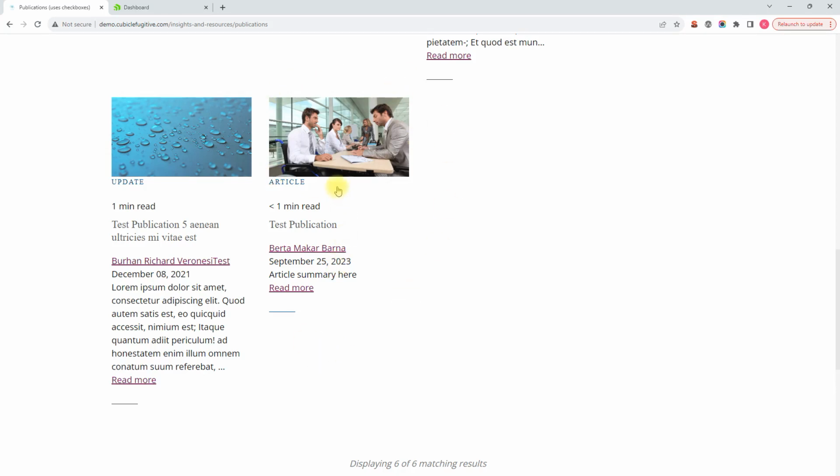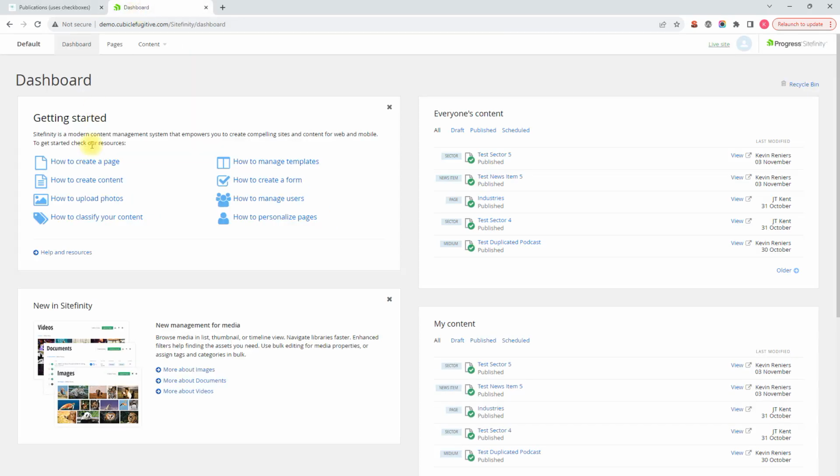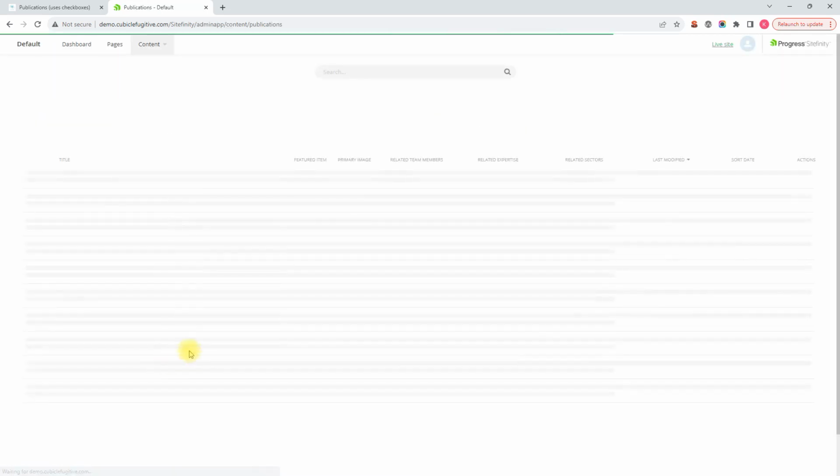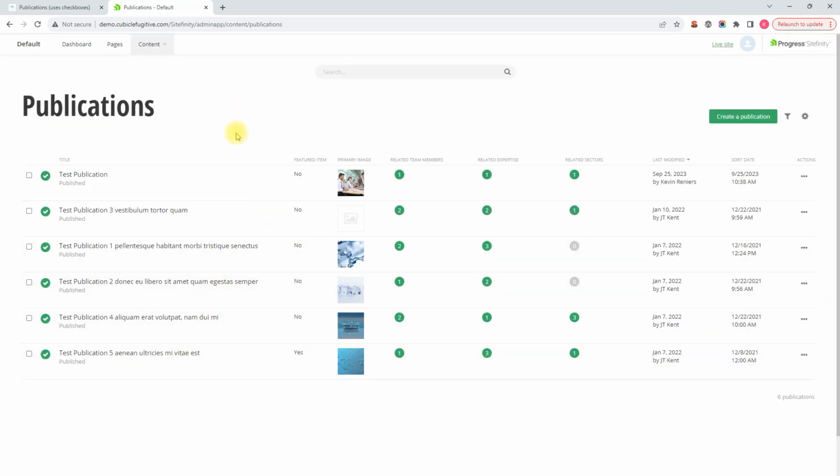And to access publications, we're going to go into the Sitefinity dashboard, and then we're going to go to Content, and then Publications under Resources and Insights. And this will bring up a list of all publications currently on our Sitefinity CMS. And this is the one right here that I wanted to use as my source test